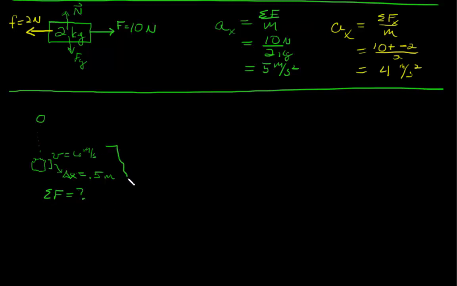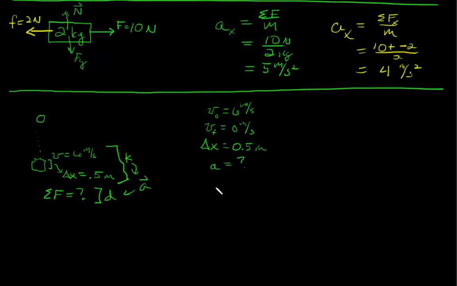Here we can see we're given velocity and distance, so that's kinematics, and we're asked a question about dynamics. So we're going to have to determine acceleration to go between these things. I have an initial velocity of 6 meters per second, and it stops, so my final velocity is 0 meters per second. Then I have a distance it traveled, delta x is 0.5 meters. What I want to know is the acceleration. And notice there's no time, so we're going to have to use